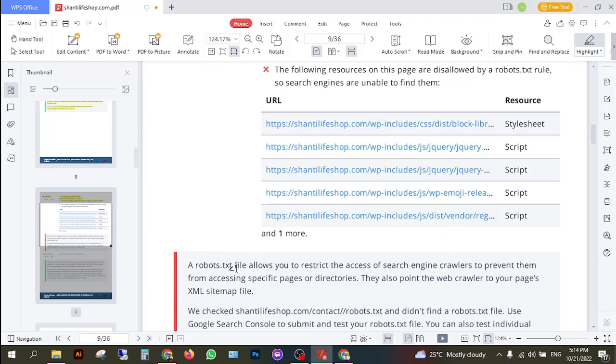So a robots.txt file allows you to restrict the access of search engine crawlers to prevent them from accessing specific pages or directories. So it is very important, the robots.txt file. This allows you to restrict the access of search engine crawlers, so we don't need a search engine crawler to see the unnecessary links of our website. That's why robots.txt allows us to restrict the access of search engine crawlers to prevent them from accessing specific